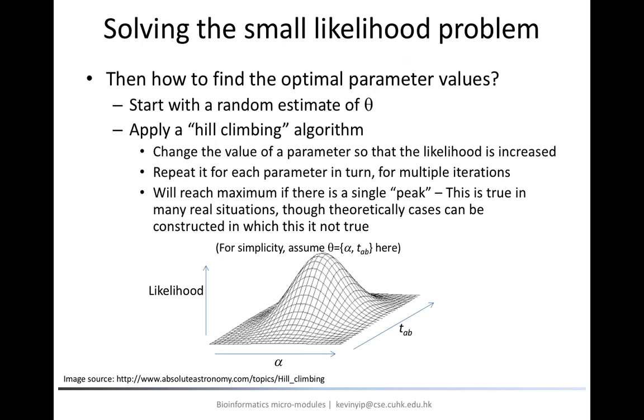One method for solving this problem is hill climbing. We start with an initial guess of the parameter values, and then change the value of one parameter such that the likelihood is increased, to reach a new estimate of the parameters. This process is repeated until reaching a peak. Note that depending on the likelihood function, there may be more than one peak, in which case the hill climbing algorithm can only reach a local maximum. There are variations of this algorithm as well as other searching algorithms for overcoming this issue, but we will not go into the details here.